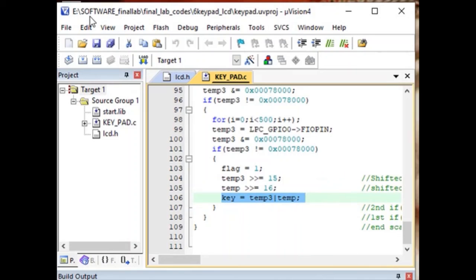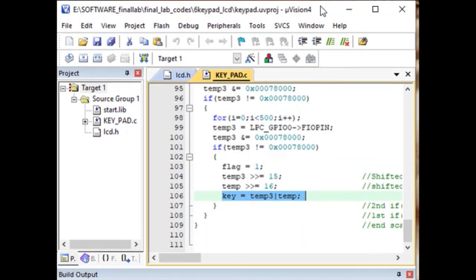I have stored the program here. If you have stored it in your working library, you have to check where the project is created. Here you will have the hex file with the name keypad.hex. You have to store it, or send it through Flash Magic to the board. That we will be showing now.